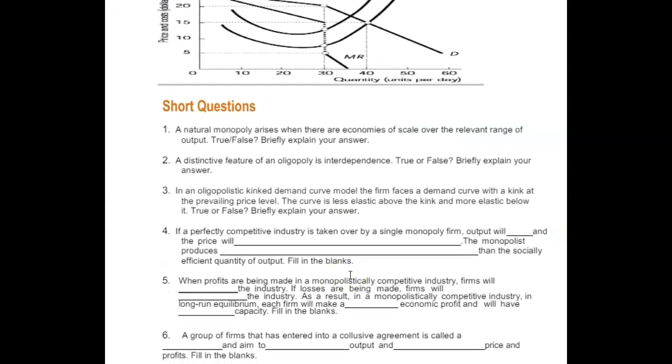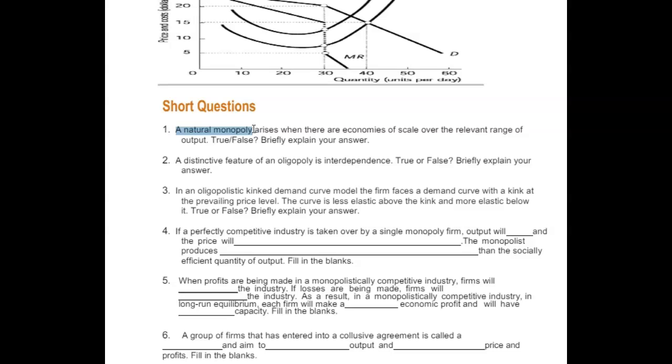Short questions. Now we're not going to get questions in multiple choice, and to be honest, I'm bad at this. After doing all this multiple choice in tests and stuff, these questions become insanely hard. But let's try it, right? A natural monopoly. Now, a natural monopoly, what is it? It's basically a monopoly that has an advantage because it owns a resource. So let's say a coal mining business. It has this whole property that it owns where it mines coal. It's a natural monopoly, right? It has resources not a lot of businesses or people can have.